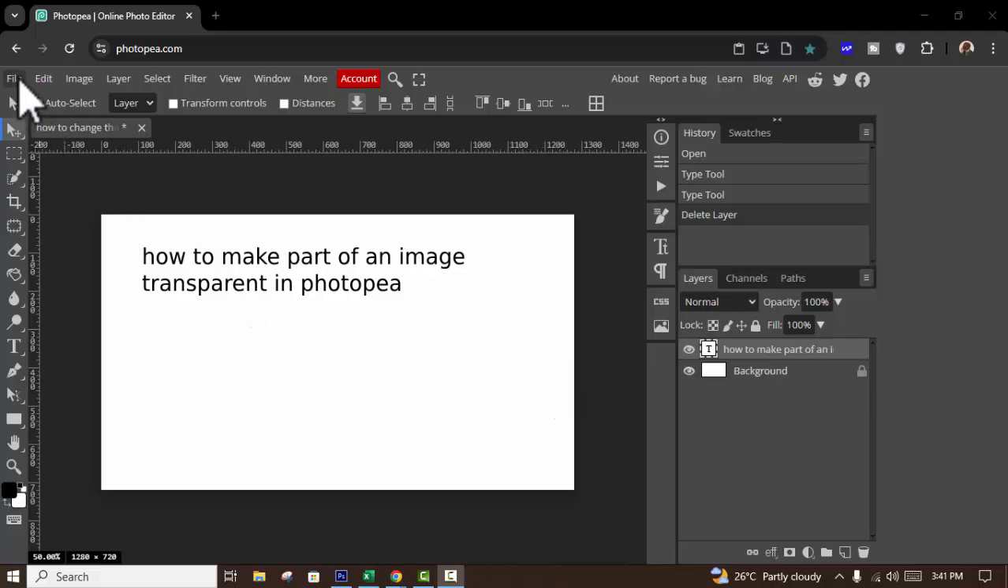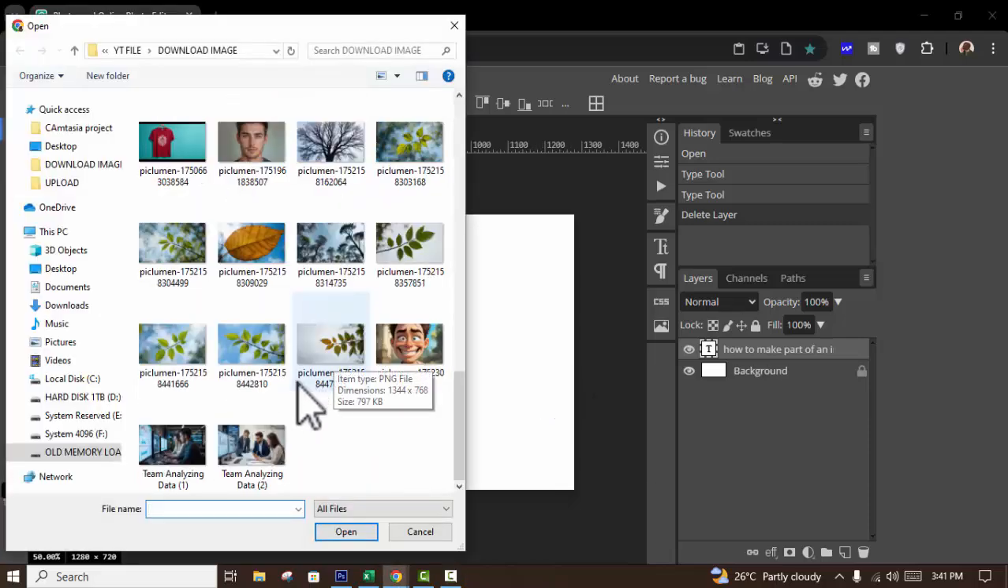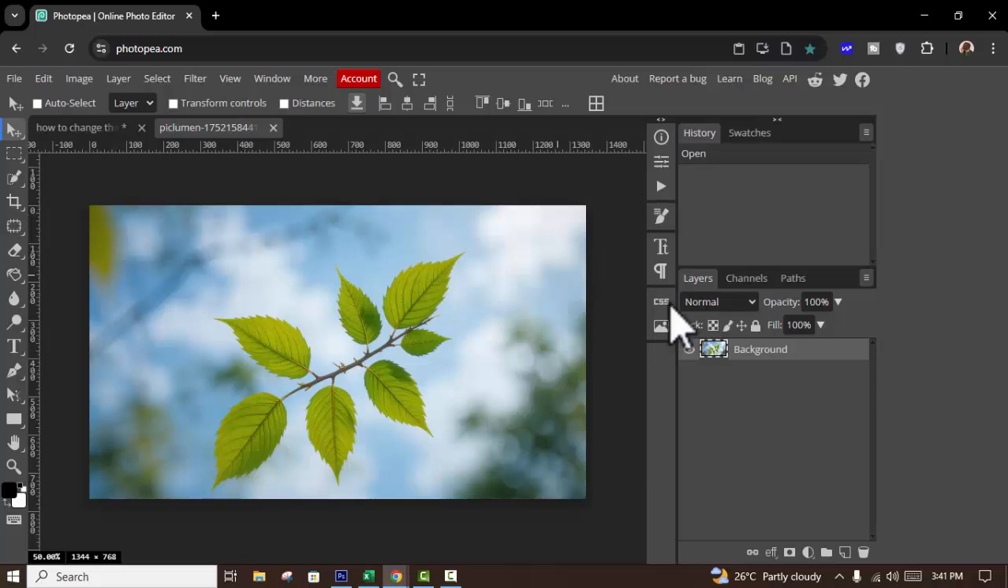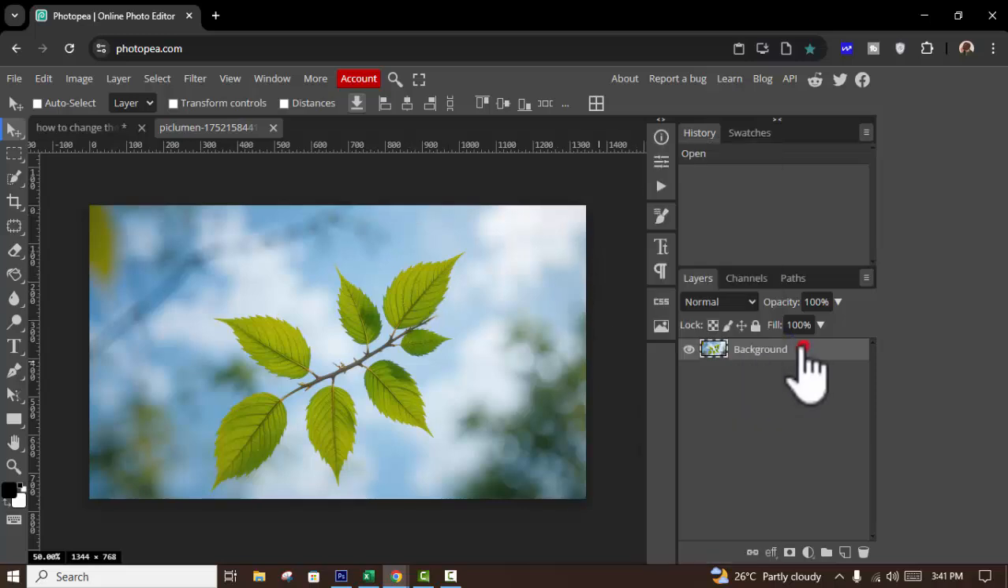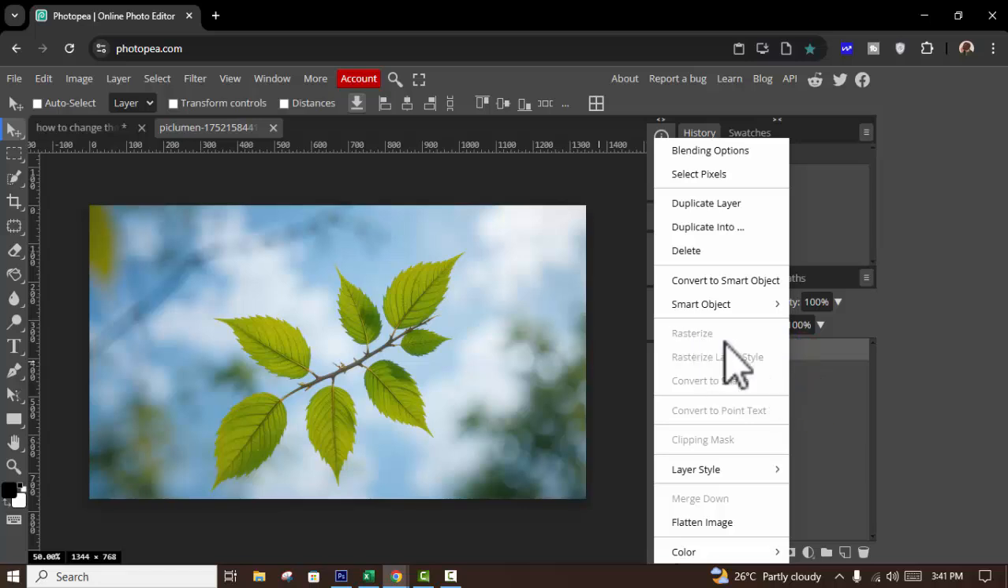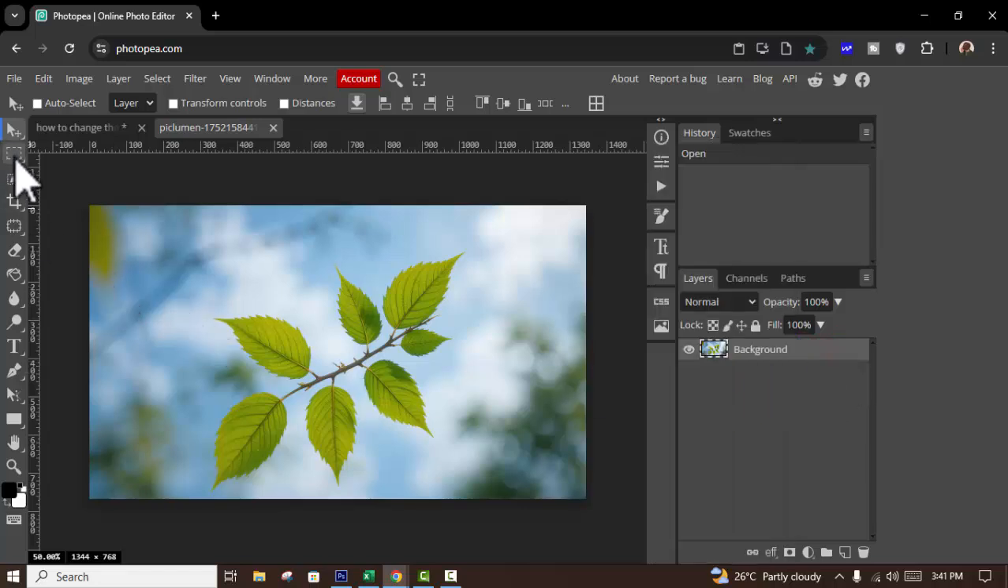Let's begin. First of all, open your image, then unlock the image, right click, convert to smart object. Again right click on your mouse, rasterize layer. Then you can use a selection tool, the rectangle selection tool